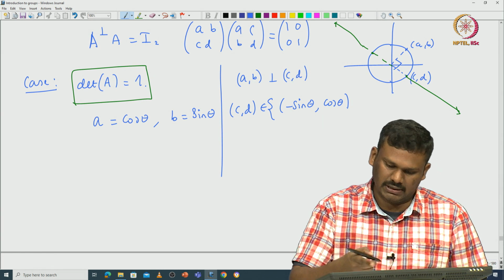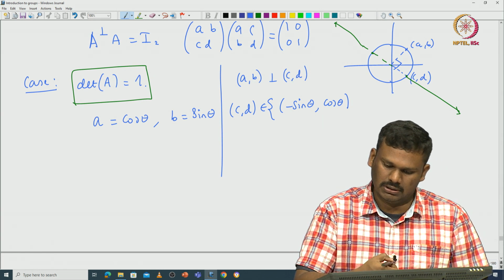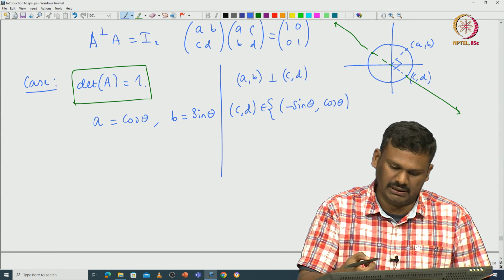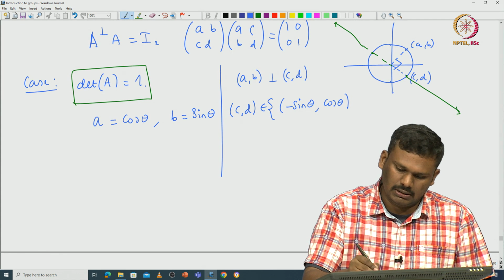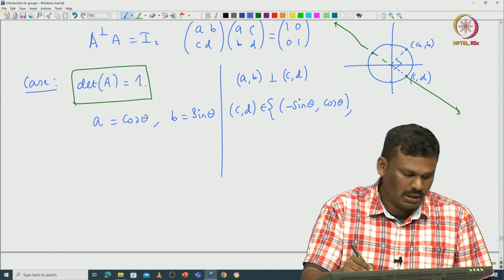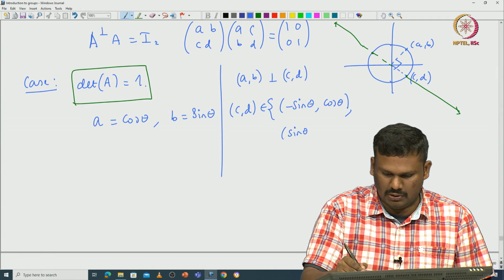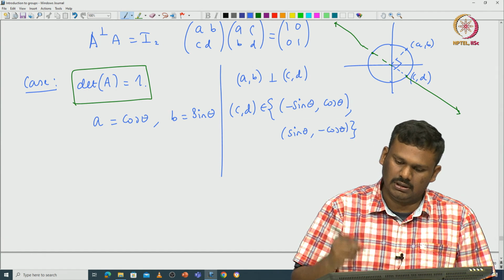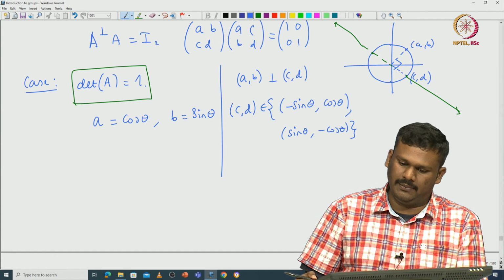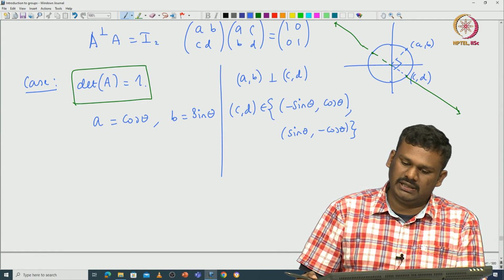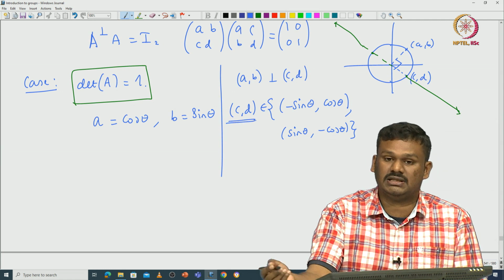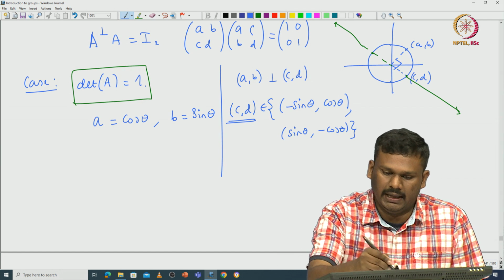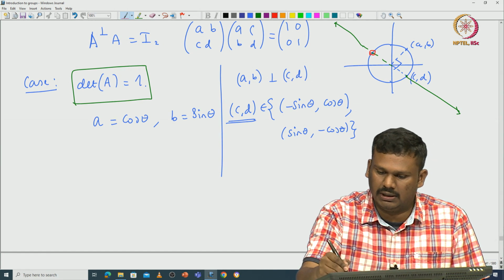Okay. So, in that case you get cos theta minus sin theta plus sin theta cos theta, or it can be sin theta minus cos theta. So, these are all the 2 points. So, that will be perpendicular to AB. Now you have to decide which point you will be getting for this CD, because CD has only 2 choices, either this point or this point.